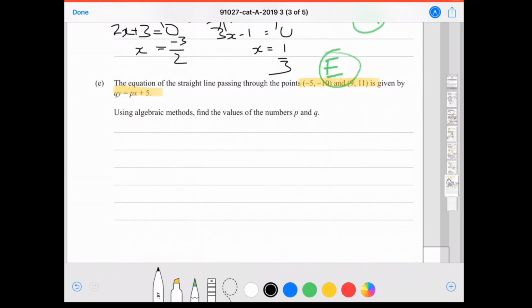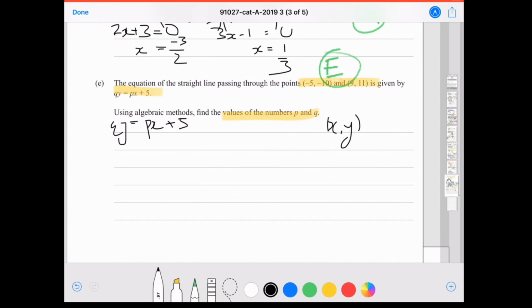So the key thing, and this is the case with basically every Excellence question, there's a sort of hidden piece of information that you've got to extract. A coordinate is written in the form x, y, right? Meaning, when we look at our equation, qy equals px plus 5, how are we going to find the values of the numbers p and q with 4 variables? We have to eliminate 2 of them. And we can eliminate x and y